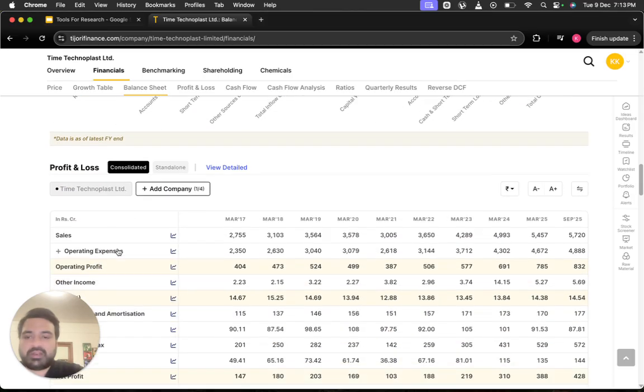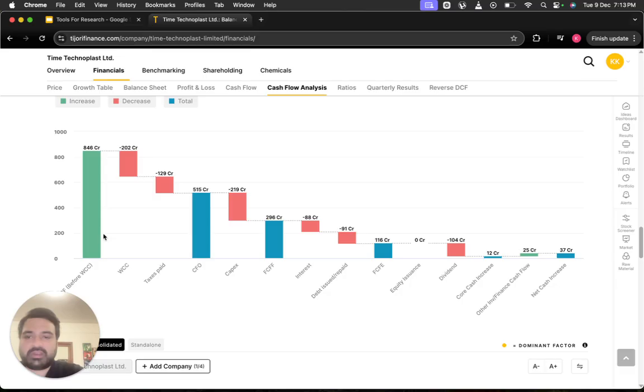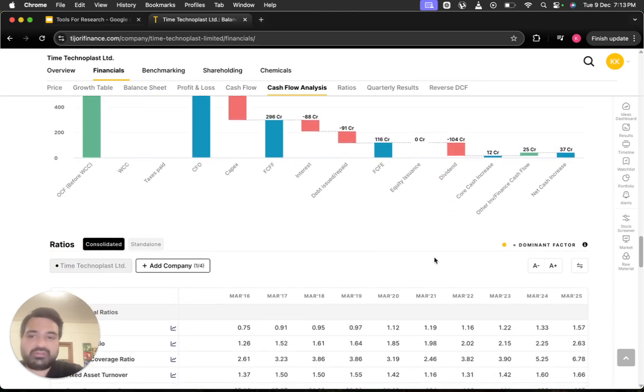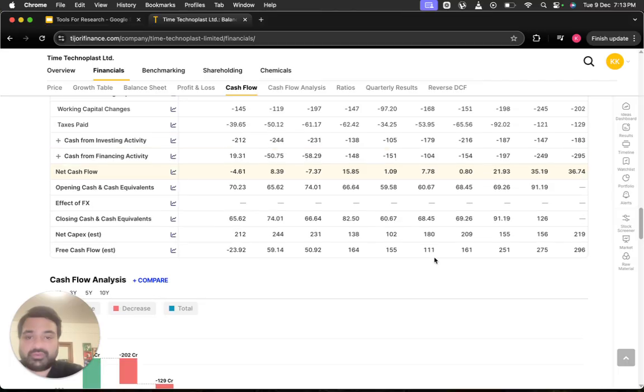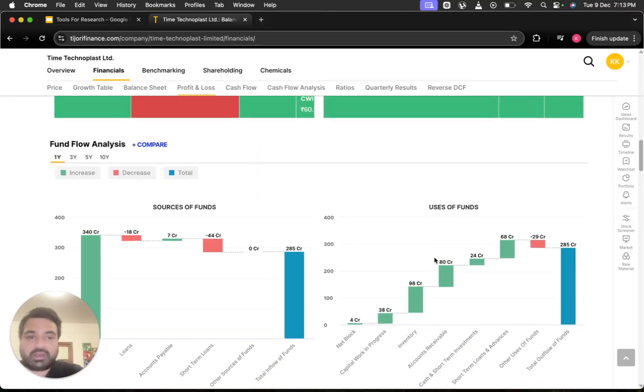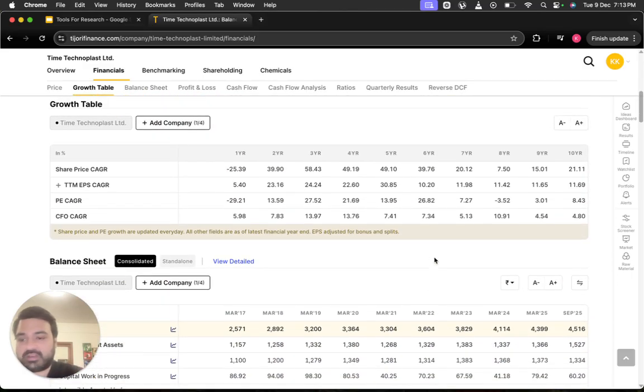No, sorry, this is a balance sheet, but even down on the cash flow analysis, it shows you visually where each line item is. Personally, I like to use this. Sometimes it gives you a clear understanding of whether it's in the balance sheet or in the cash flow statement, like an itemized breakdown of what components are bigger in each of the respective statements.